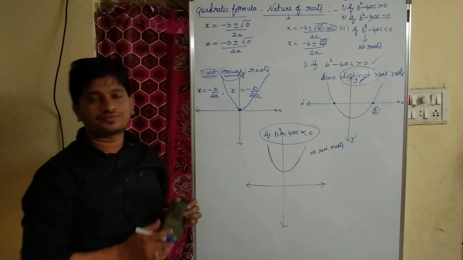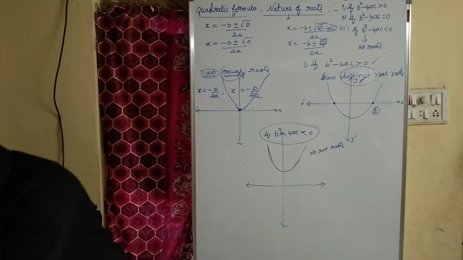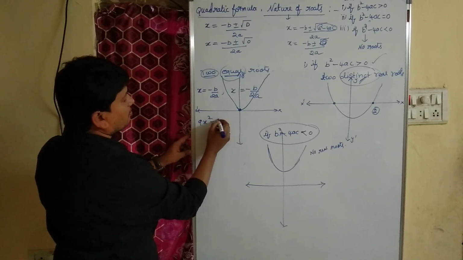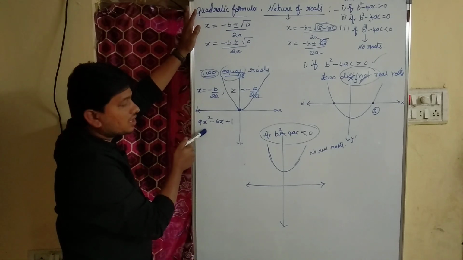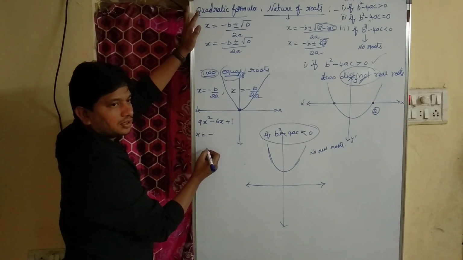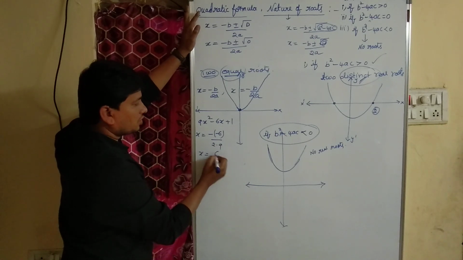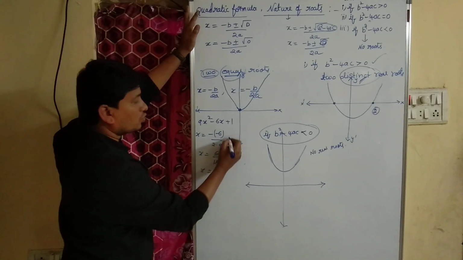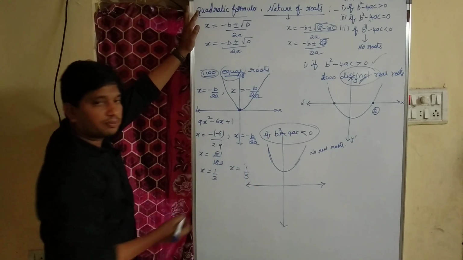There is no need of thinking in this case when b square minus 4ac is equal to 0. For example, let me write the equation 9x square minus 6x plus 1. If you find b square minus 4ac, you will get 0 here. Then directly you can write the roots as minus b, b means minus 6, by 2 into the a value 9. So x is equal to 6 by 18, which is 1 by 3. The second root also is x equal to minus b by 2a only. So obviously you will get x equal to 1 by 3 only.